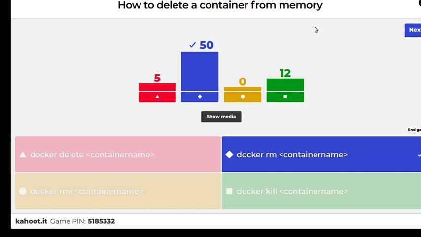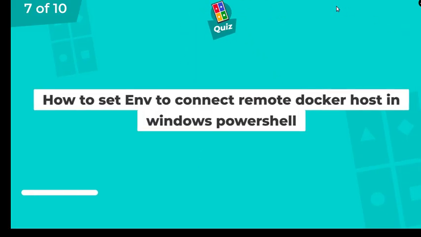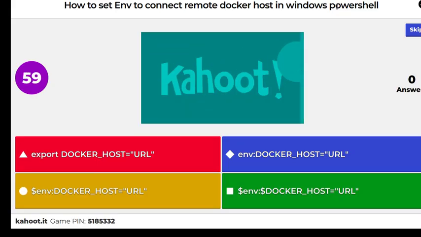Oh, good, maximum correct. So rm is a command, and let's see. Nice. So Chenmai is on the top as of now, and hitting next one. How to set env to connect remote Docker host in Windows PowerShell. So I've told you about the same. So you have to check the right option and then